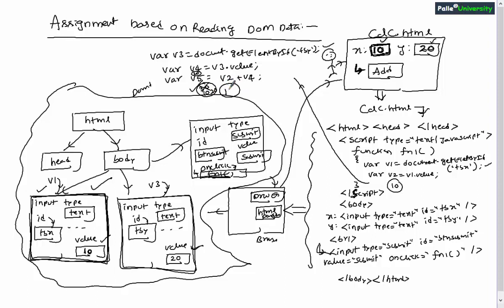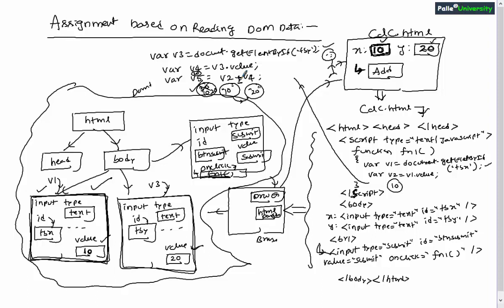This v2 data will be present in string format and even v4 data is also present in string format, and hence because of using this plus operator, the joining of two strings will be happening. 10 and 20 will be clubbed together, but anyhow the addition operation will not be performed over here. I believe you understood. This is a joining operation, joining two strings. 10, 20 will be joined and then 10, 20 will be stored inside v5.